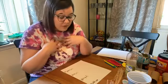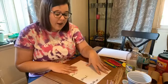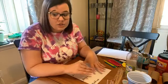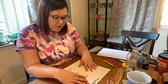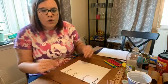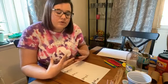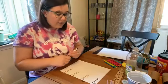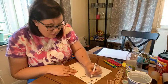What works best for me when I'm thinking about things like this is thinking about the pieces that I'm going to have. So on my paper, I'm going to draw my engine, what I want my engine to look like. I'm going to design what I want the body of my car to look like, what I want my axles to be running through, and I'm also going to draw a prototype of what I want my wheels to look like. With mine, my engine and everybody's engines are going to be just a straw